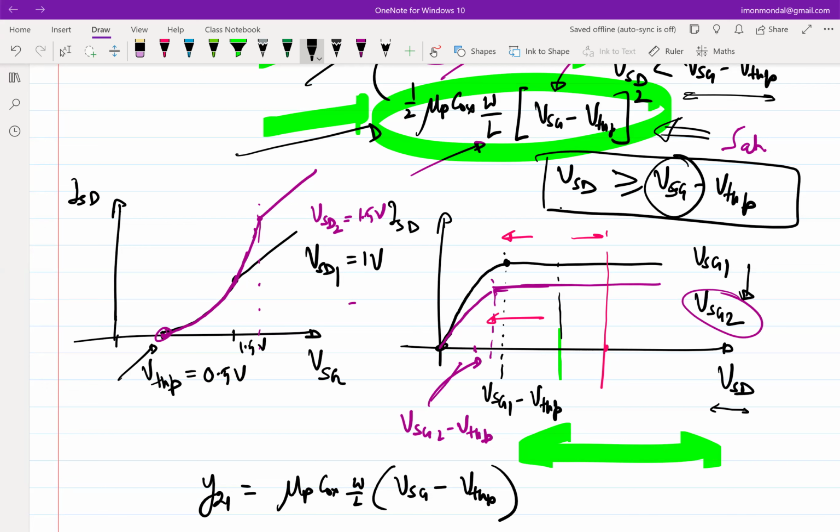And if we recall the two-port parameters for our amplifier, we wanted Y21 to be as high as possible, right? So there is an incentive to increase VSG, because increasing VSG will give us more Y21, right? So now you see the designer's dilemma. I want to go in that direction because it gives me more Y21, but going to higher Y21 also means that the range of operation for which I can bias the amplifier is